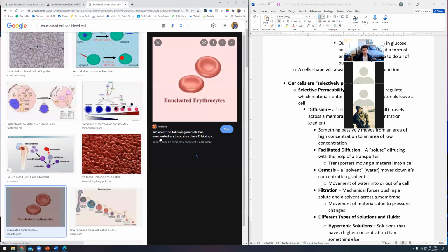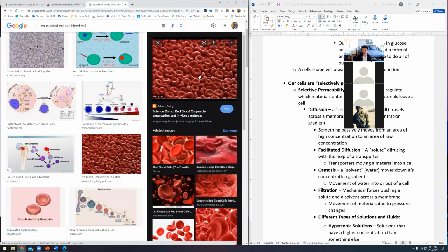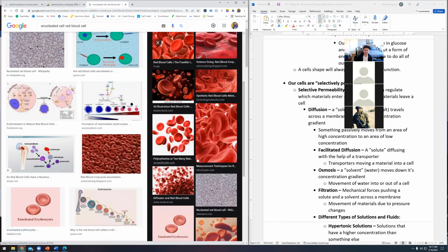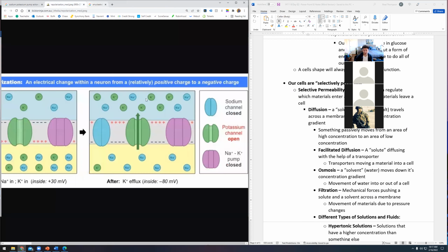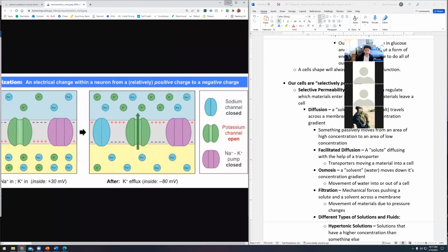Well, they end up looking like this. They kind of collapse in on themselves. And that's why they look like a filled in donut. They used to be a big circle, right? But now it's kind of like a deflated basketball. That's what happens when it spits out all of its organelles. And it needs to do that because your red blood cells need to be able to fold and squeeze through little blood vessels, right? So it's amazing, right? That's one of the really cool little things.